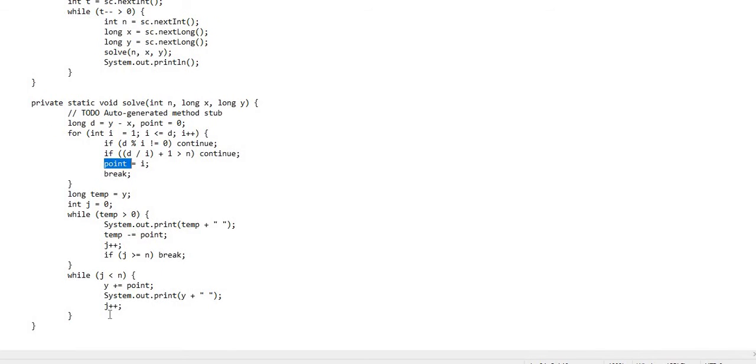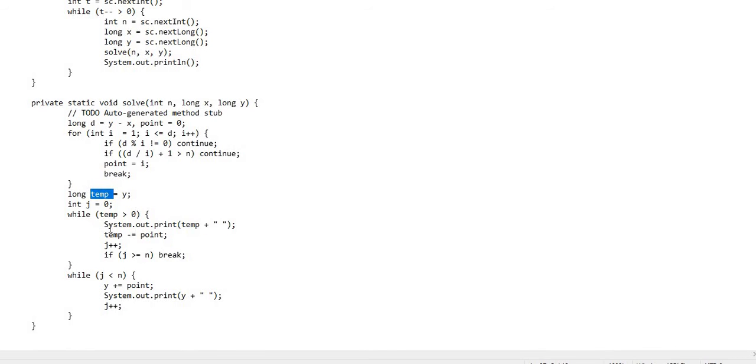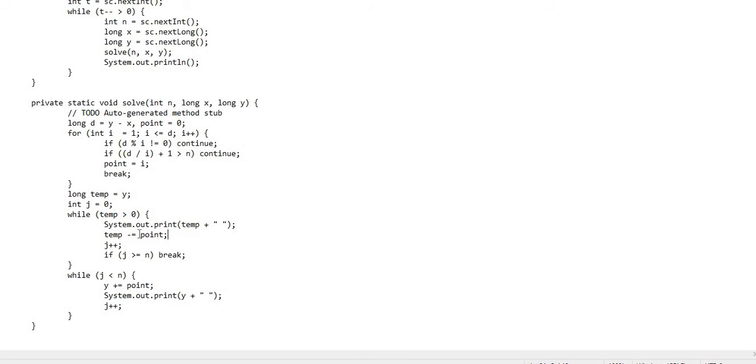Now what I need to do is, first I have to form the elements which are lesser than the y value. Initially I am considering this temp variable over here, and I am iterating through this while loop as long as the value of temp is greater than 0. Initially I am displaying the temp value, that is 49, then I am subtracting the ideal difference point, 49 minus 48, which gives me temp equal to 1. Then I am incrementing the j value, because I have to form the array of n size only. So j is now 1, and 1 is not greater than the size of the array, that is 2, so it will not go inside this if condition.